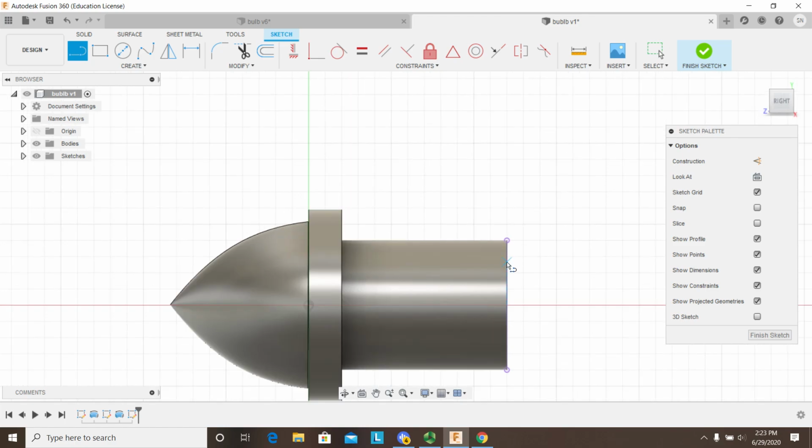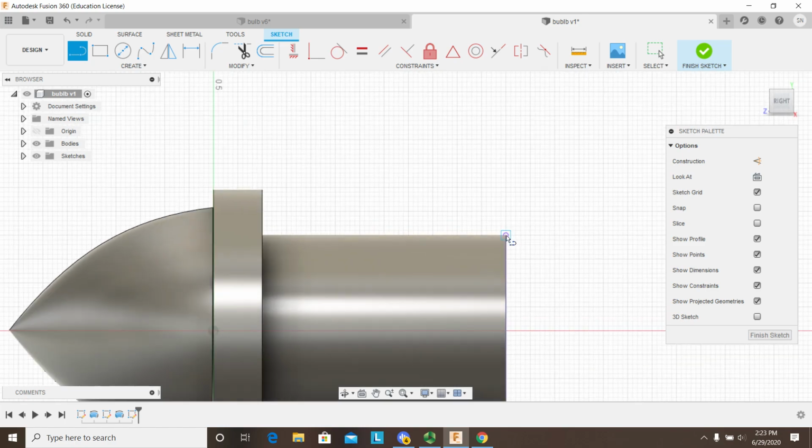And then let's scroll in. I'm going to start there, at the end of that line, go across, angle down, back to the projected line, and I guess I can close that and hit escape. Alright,